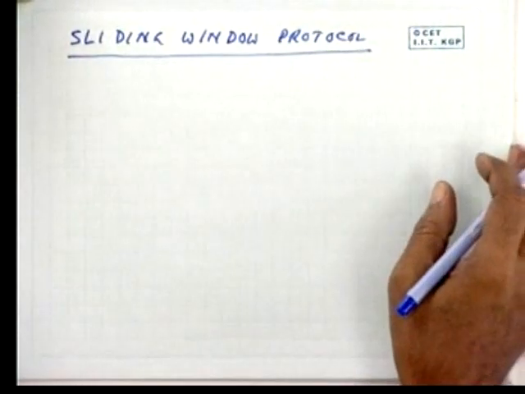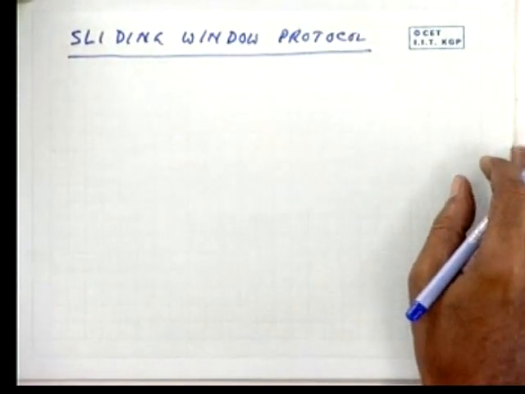In sliding window protocol, efficiency can be improved by sending multiple frames before receiving acknowledgement. We have already seen the situation for error control. It is somewhat similar, but we shall see how it works whenever there is no error, just it is used for flow control. So frames will be sent continuously one after the other